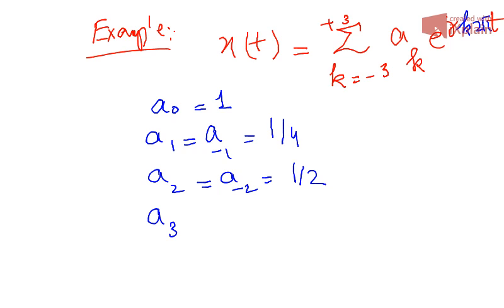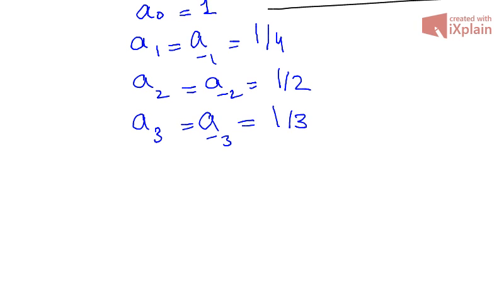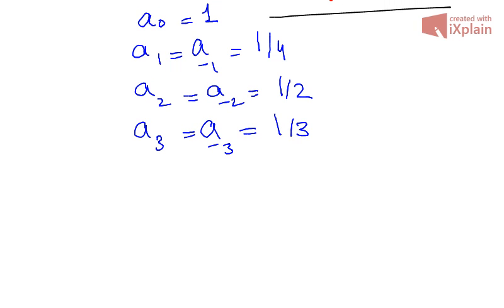Similarly, a sub 3, a sub minus 3 are equal, and it's given that these are equal to minus 1 over 3. Suppose these are given. Now let me try to expand this signal so that you can see the signal clearly, right? So with these coefficients, we are trying to visualize these signals, right? So we are given that a naught is 1, so we can write our x of t,